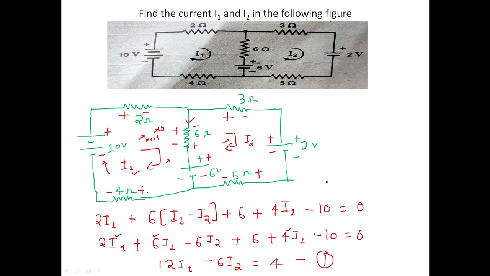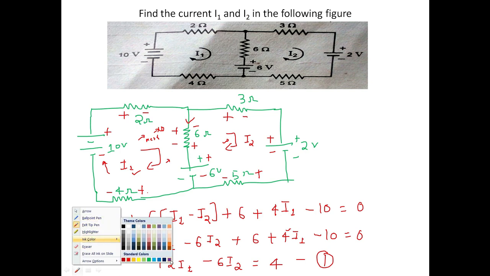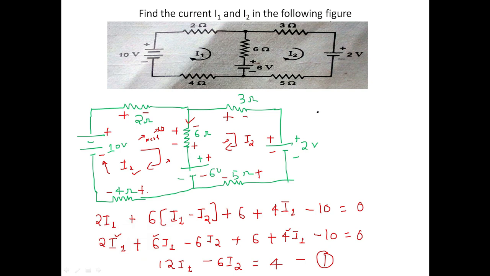In a similar way we can find equation second, that is I2 here. So equation second can be determined by, now equation second, how can we determine? That is here 3I2, we are considering loop second, 3I2 plus 2 plus 5I2 minus 6 and plus 6 I2